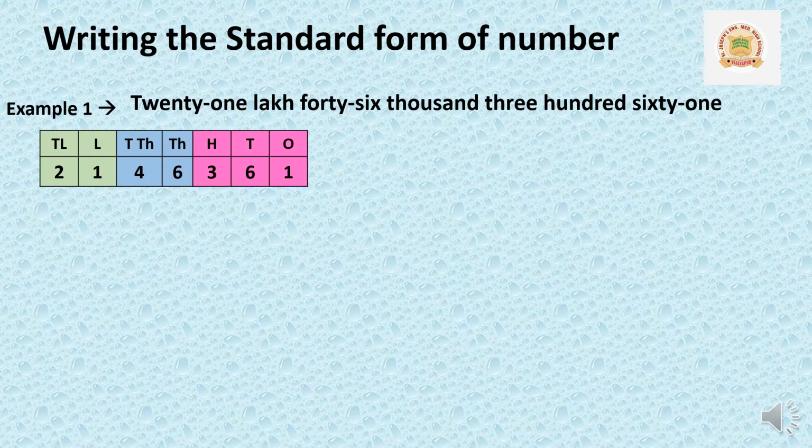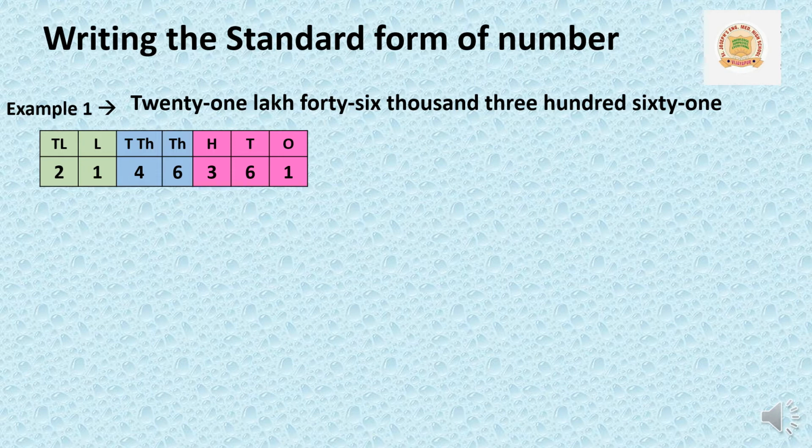This is the shortest method of writing the place value chart. It is a 6 and 7 digit place value chart. Here we are given different colors for the place chart to indicate the periods. As you know, children, 6 and 7 digit place value has 3 periods: lakhs period, thousands period and ones period. The ones period is in pink color, thousands period is in blue color and light green color is the lakhs period.